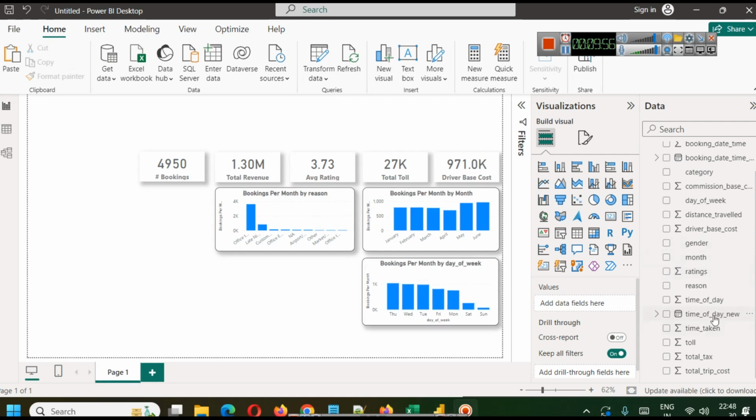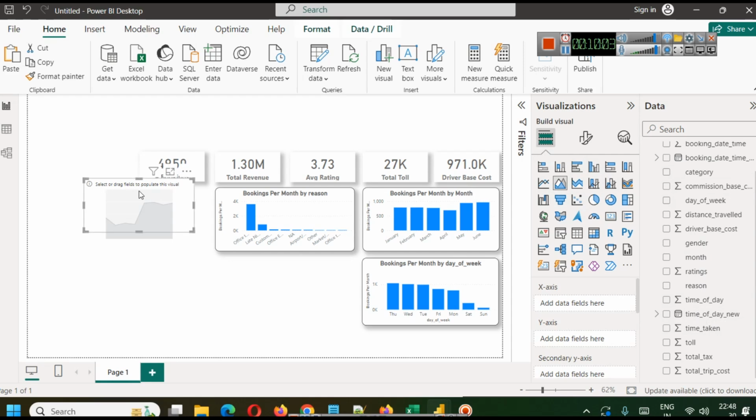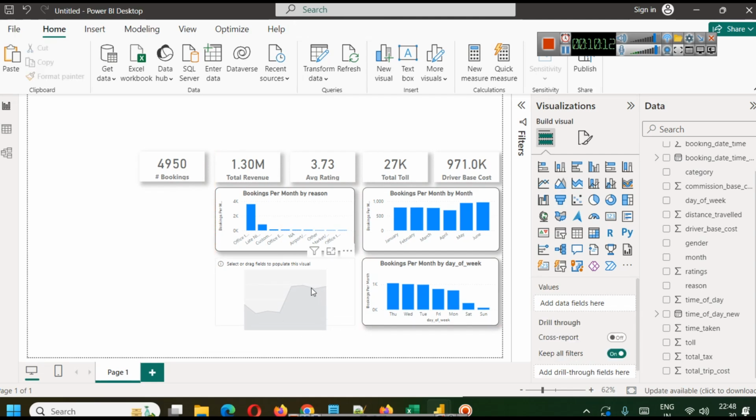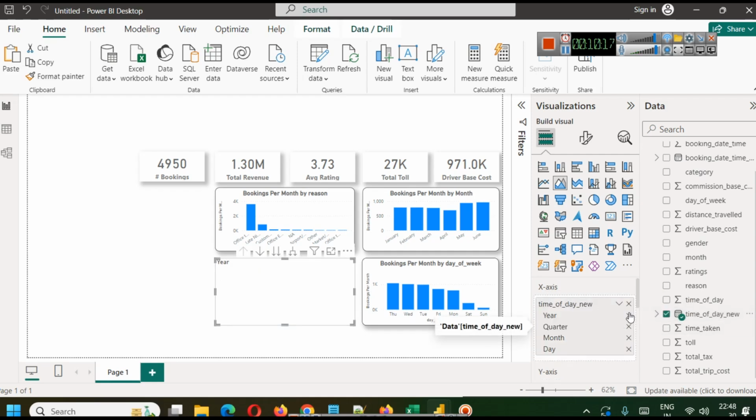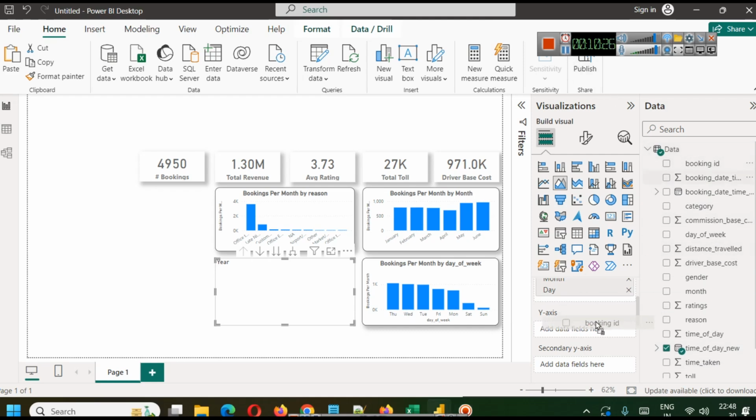We also have time of the day. Okay, so let's try to create a simple area chart here, and we'll see if it will fit or not, otherwise we will change it. So this is area chart. In x-axis we will definitely put time of the day. Okay, and on y-axis we will put booking count. Okay,